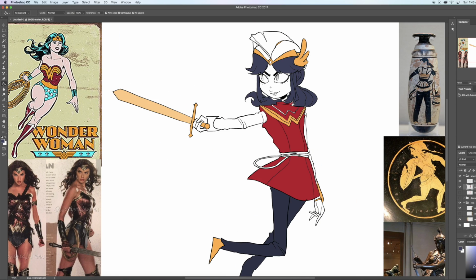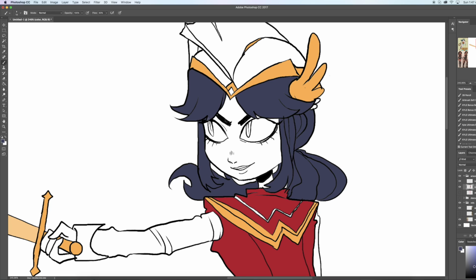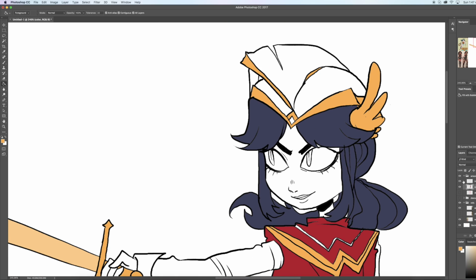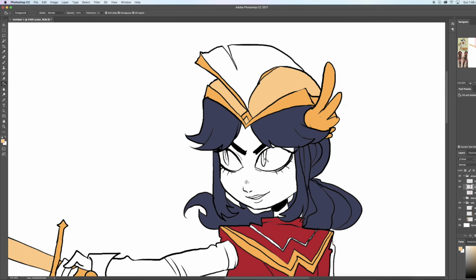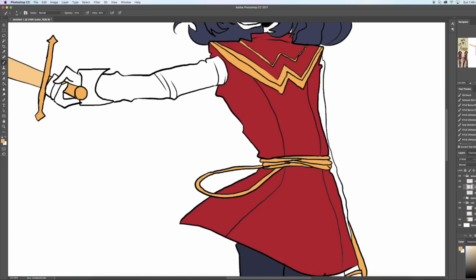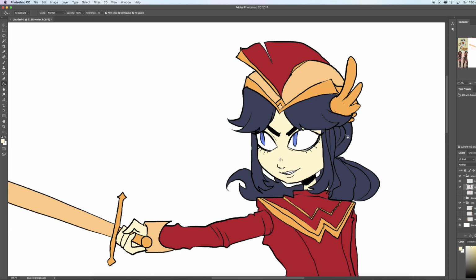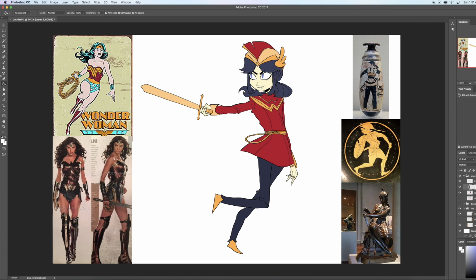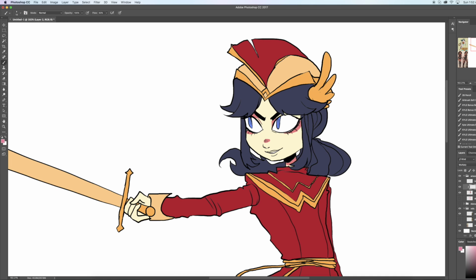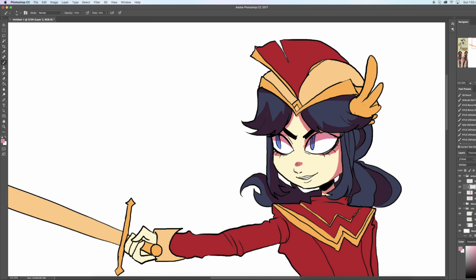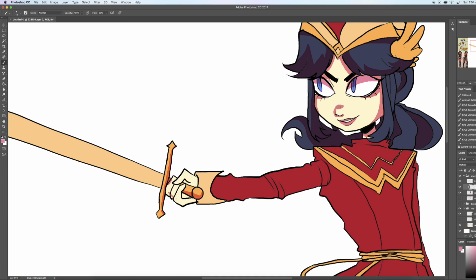I primarily modeled this redesign off of the image I was seeing on the vase up in the upper right corner, because I thought it looked the most unique from the Diana one I just did, and just because I thought it looked really cool. I really like the idea of her having a ponytail. I think that's super cute, and I like this classic Roman style helmet that the Amazon was drawn with,